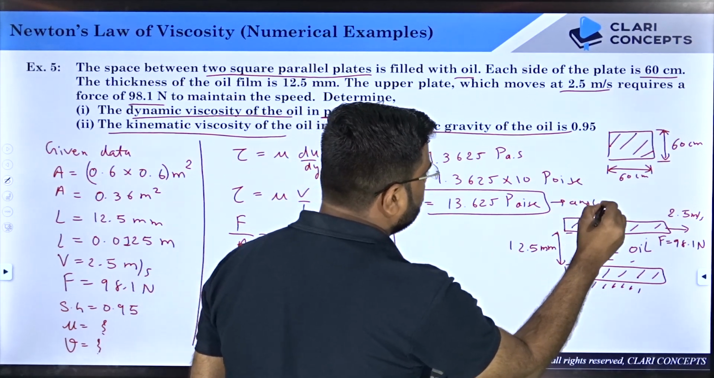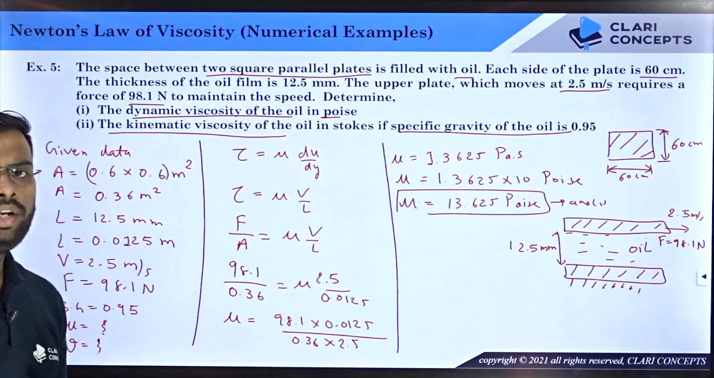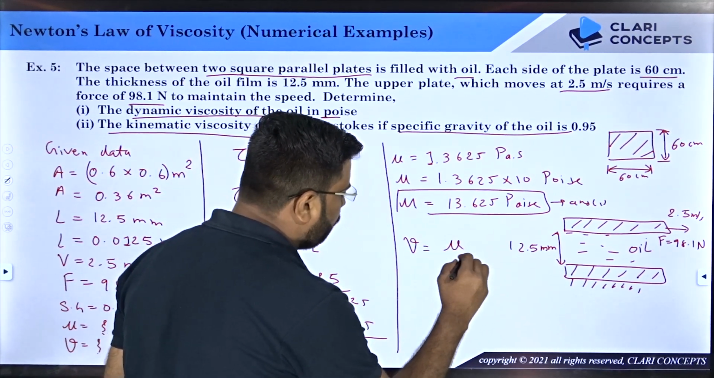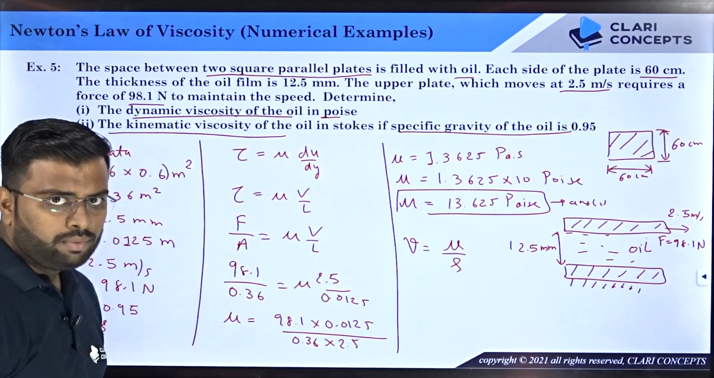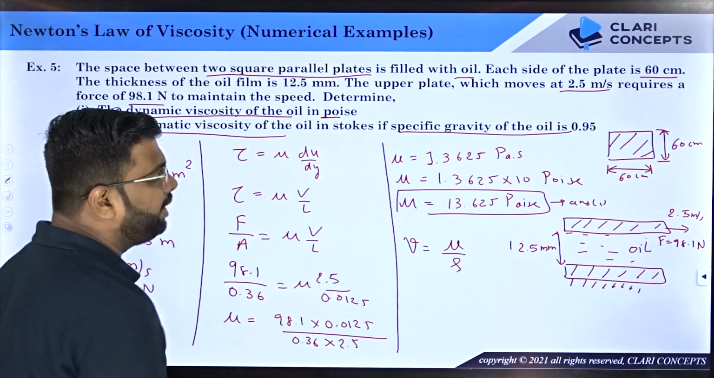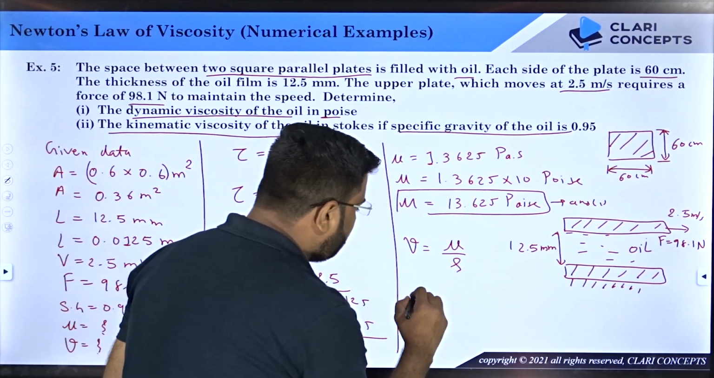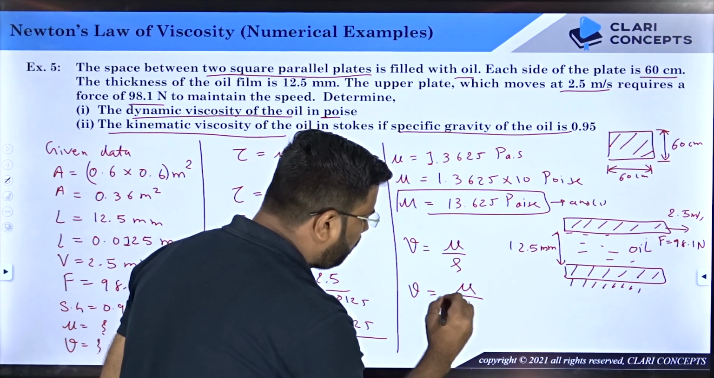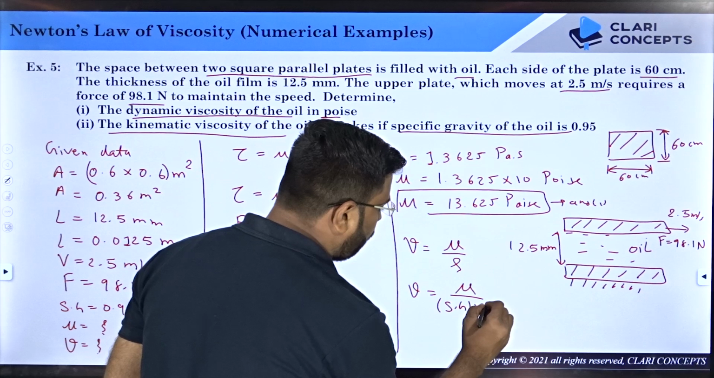Answer 1. Now, your second answer is you also require to find the value of kinematic viscosity. Kinematic viscosity is defined as the ratio of mu divided by density. But you don't know the density of the oil. But you have been given the specific gravity of the oil, right? If specific gravity is given to you, you can easily find density by multiplying that with the density of water. So, the density of oil will be equal to Sg of oil into the density of water, which is 1000